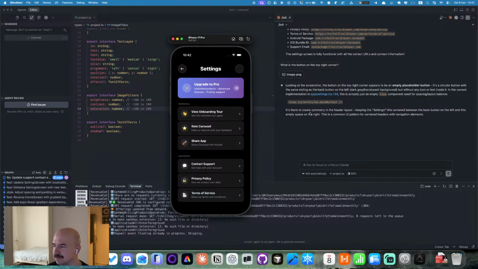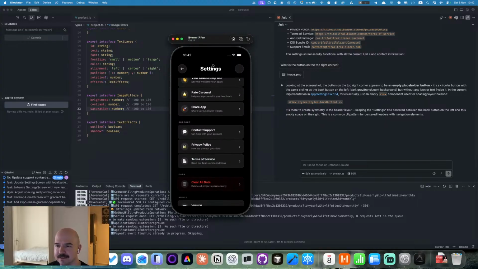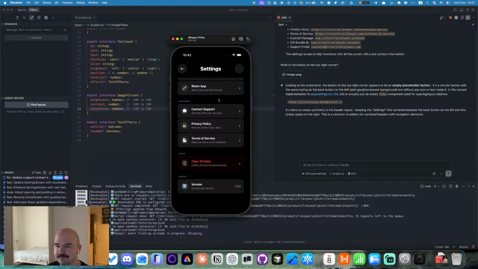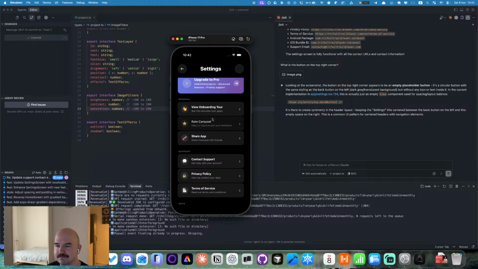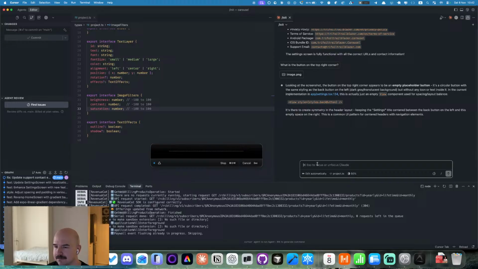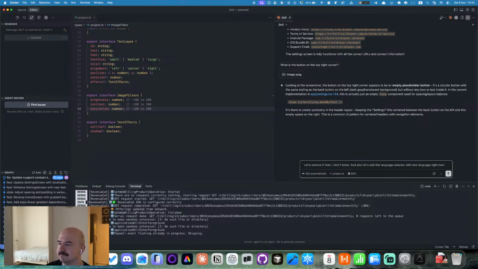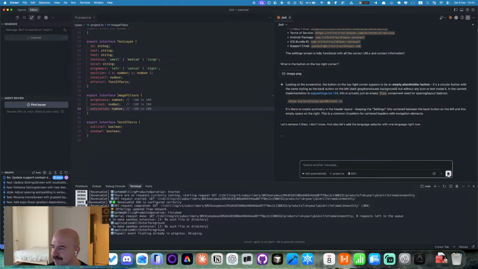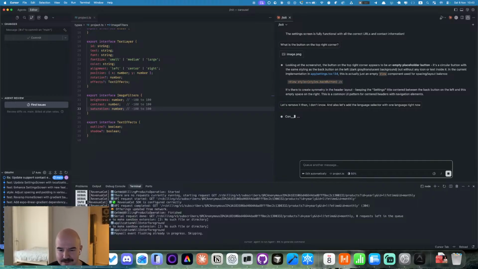So it's just doing nothing. Okay. Let's remove it then, I don't know. And also let's add the language selector with one language right now and the theme selector as well. Okay, theme wasn't recognized because it's really hard.